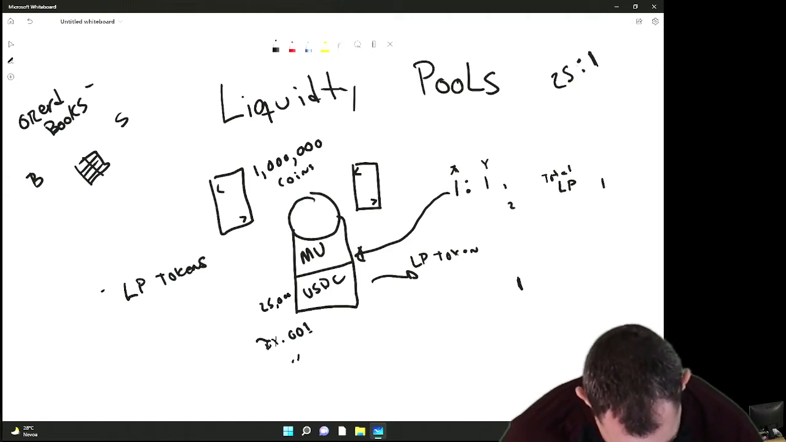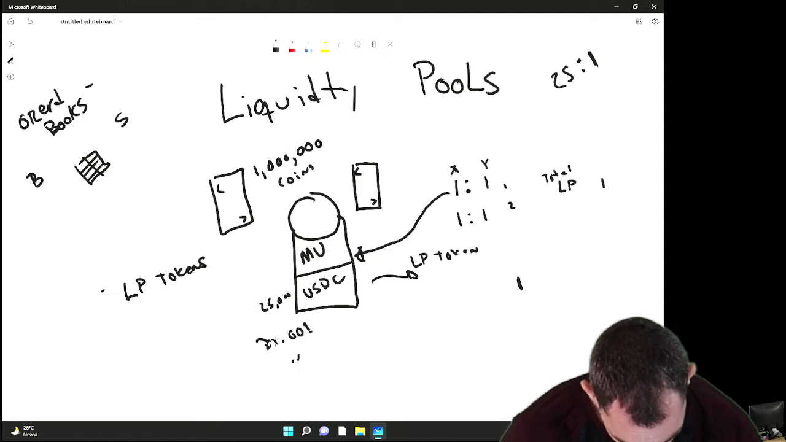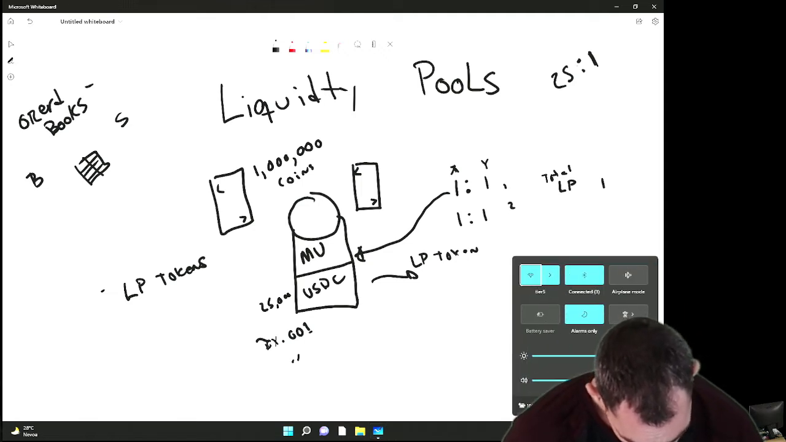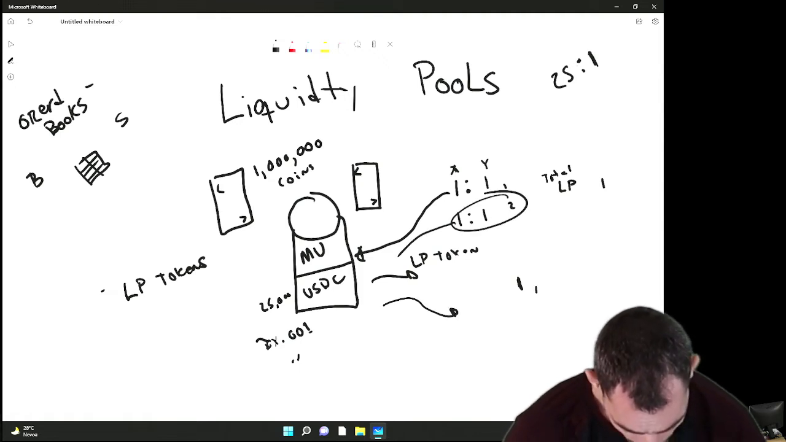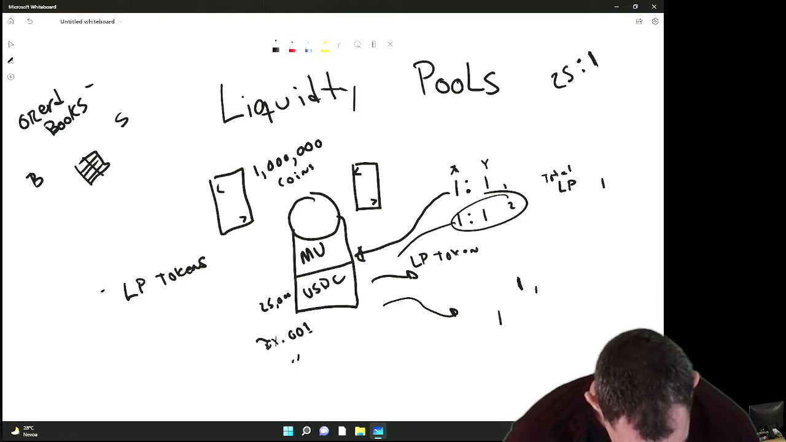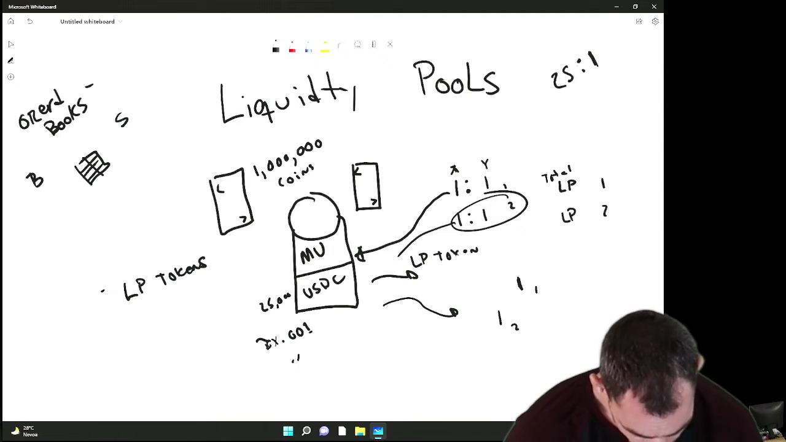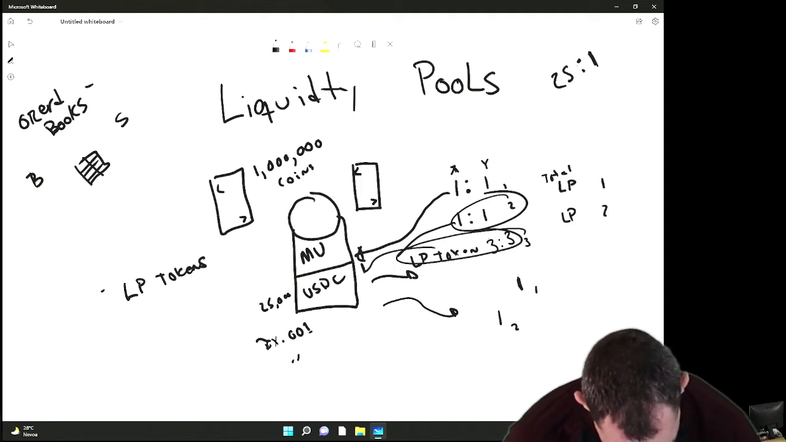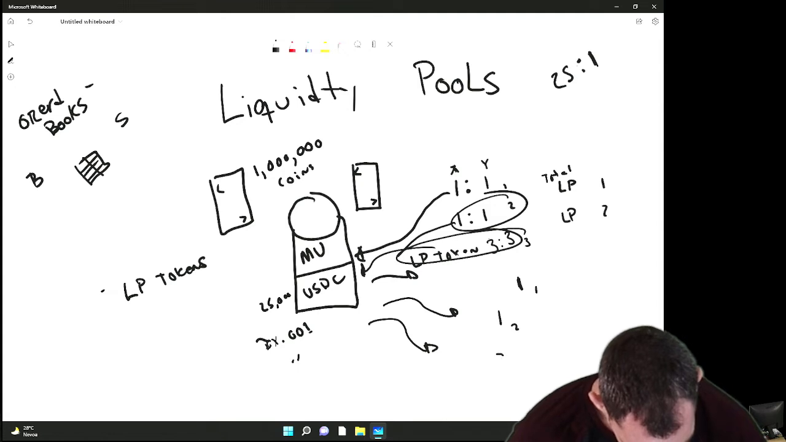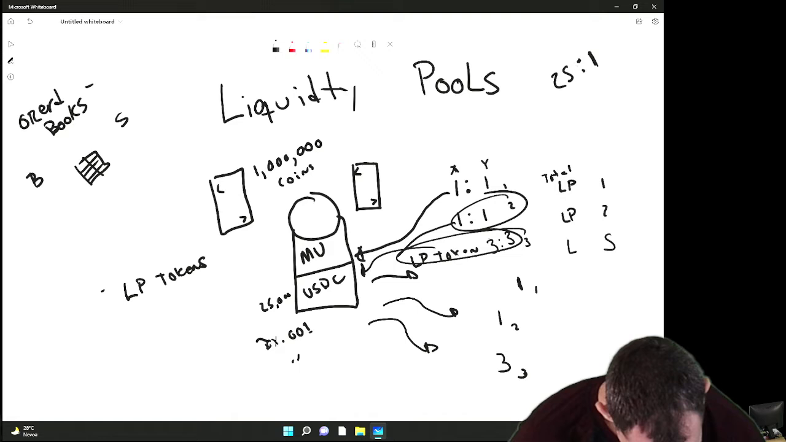Now, person 2 comes in and says, hey, I want to give 1x and I want to give 1y. So guess what happens? The liquidity pool takes in their tokens, and it gives them back 1 LP token. Now the LP total is 2. Now let's say person 3 comes in and says, hey, I want to give 3 of each token. So now the liquidity pool is going to take that in, and it's going to print him off 3 liquidity pool tokens. Now there's